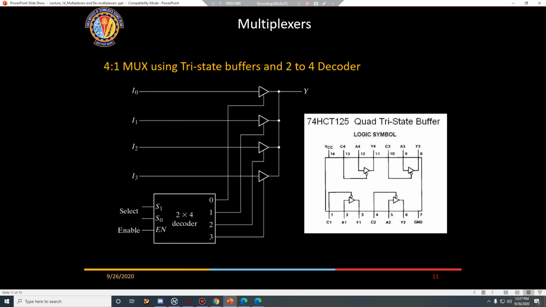Anybody has got any doubt? You can prompt me. Sir, if we connect the tri-state buffers, what will actually happen there? If one of them will be 1 and others will be 0, then how will it be sent to Y? I didn't get that point.